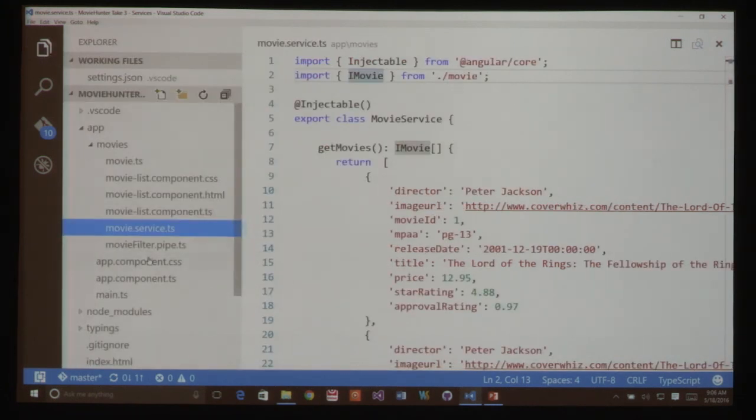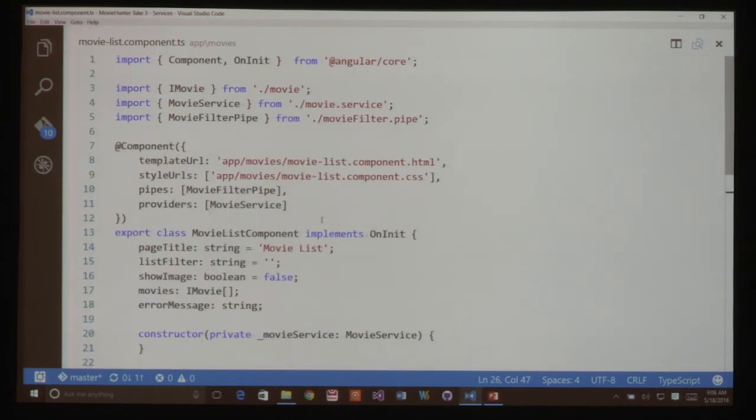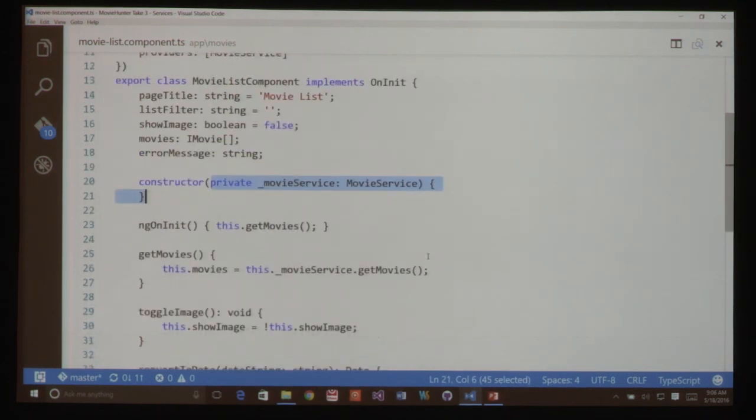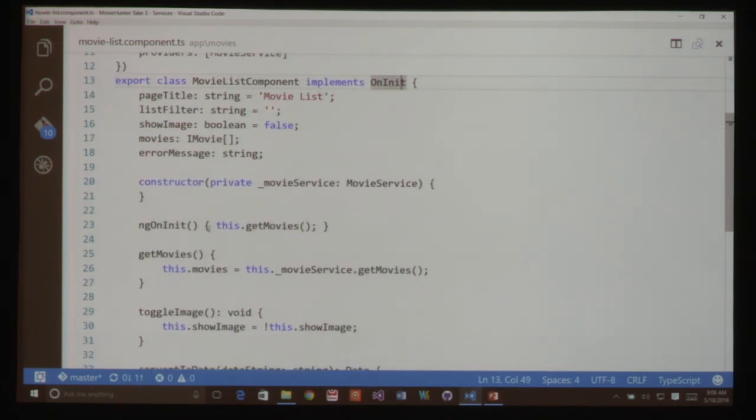Okay, so the other piece I wanted to look at is just how we use this service. And again, just like the slides, we define it as a provider. We do our import, which is right there, and then we're injecting it into our constructor. And here we implemented OnInit, and it's in the ngOnInit that we're calling a method that in turn calls our service to go get our movies. I could have just put this code right in here, but by putting it in a separate method, I could unit test it a little bit easier. Okay, so that's services.